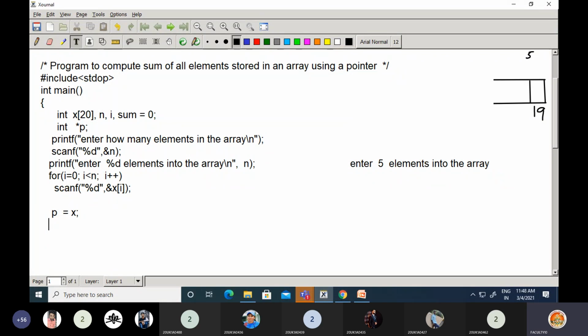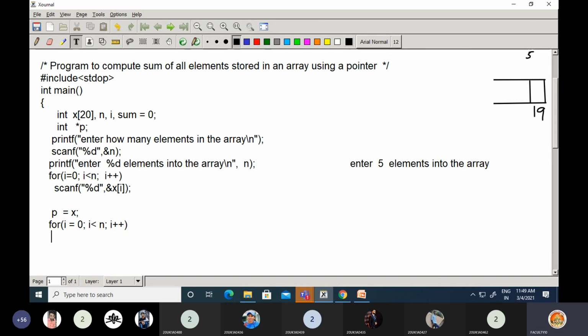Using array notation you can find it. Now see here, for i = 0; i < n; i++.